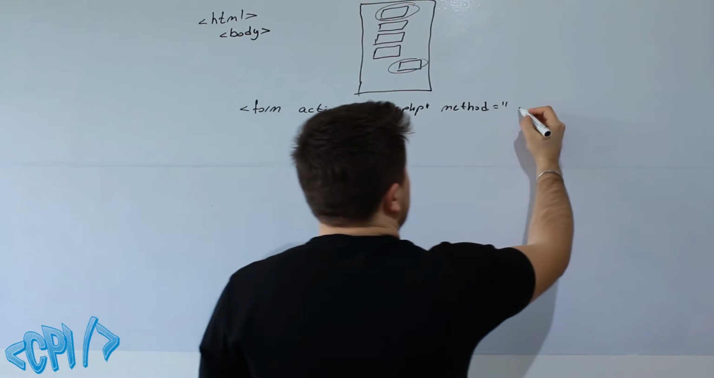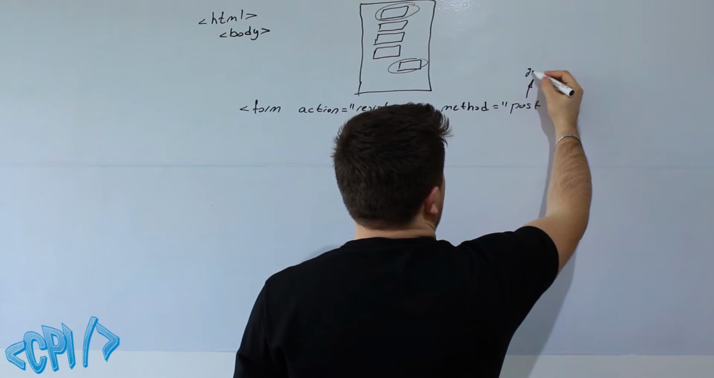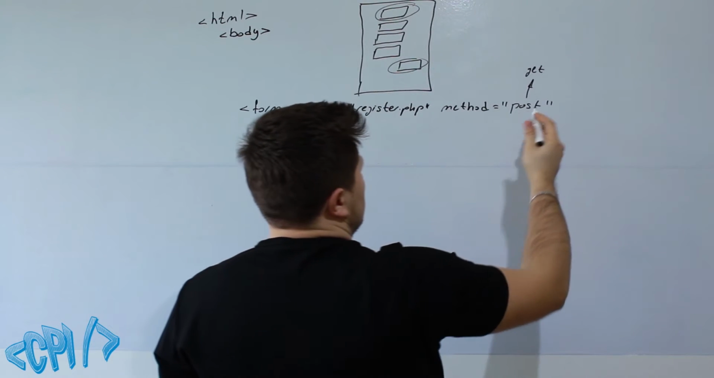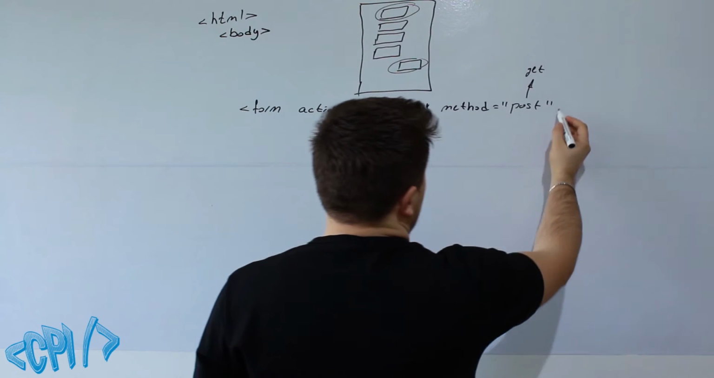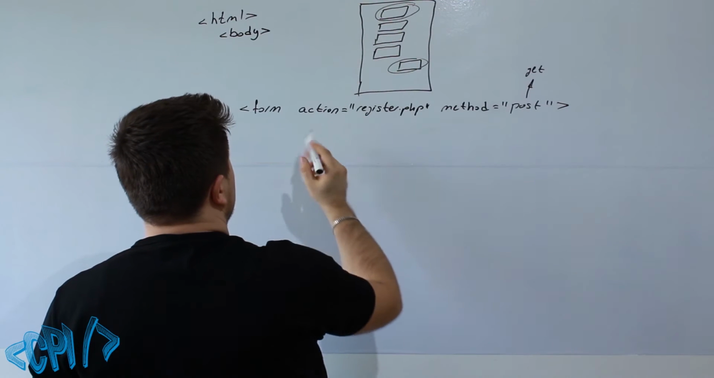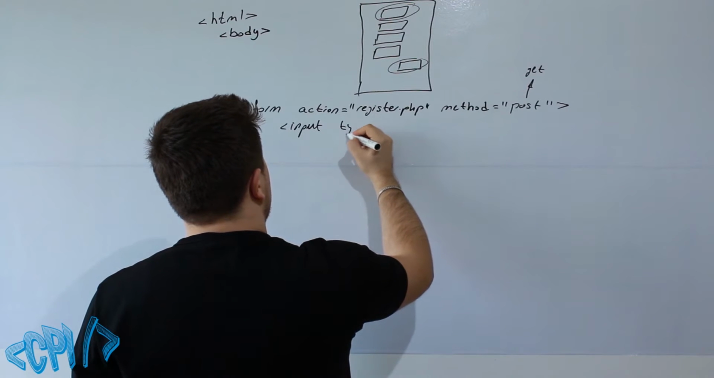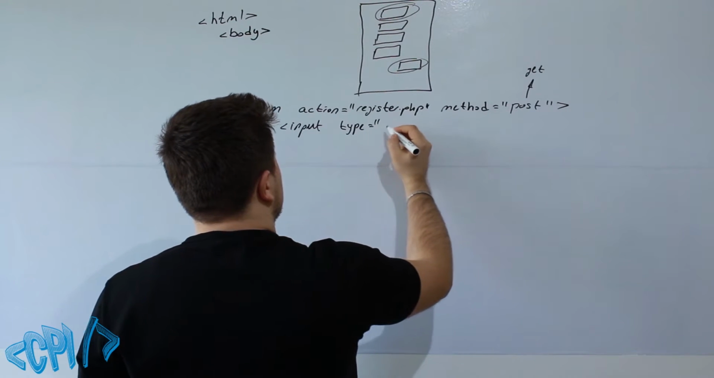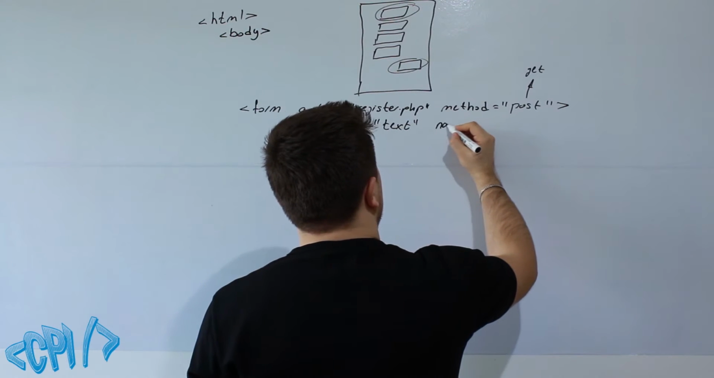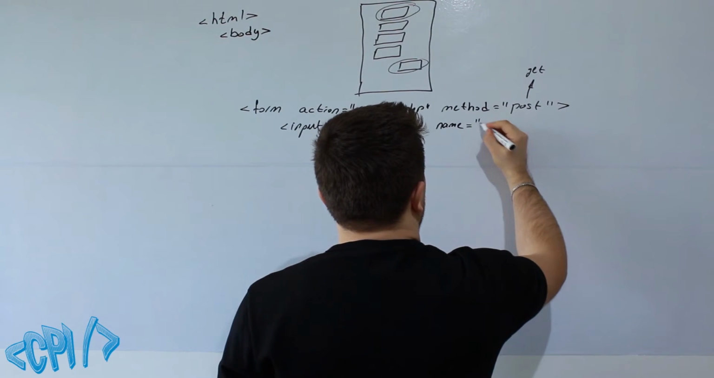Here you can write post, or let's say the second option is get. Depending on which of those two you use, you define what you will use inside the PHP, but I will show you that later. So now we need to create this input, so it will be input. Type of the input is text. Name, so we can recognize this is different, okay? It will be first name